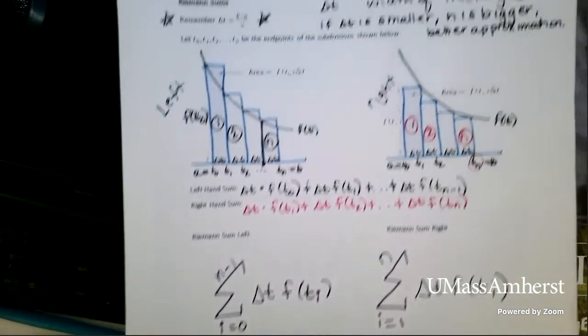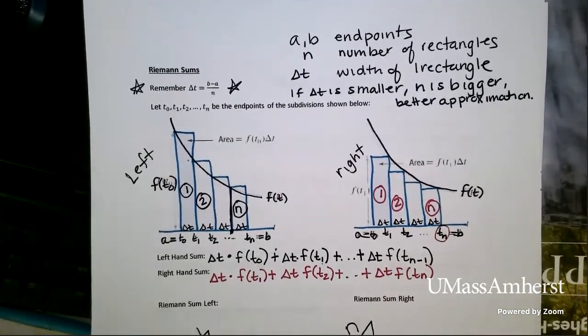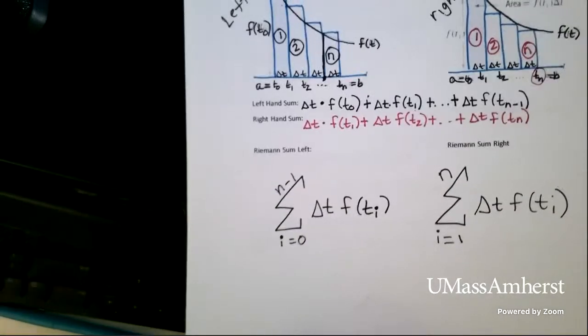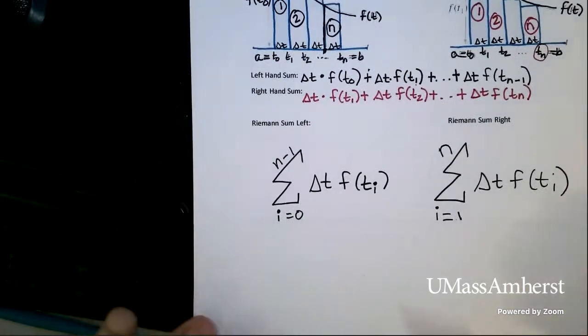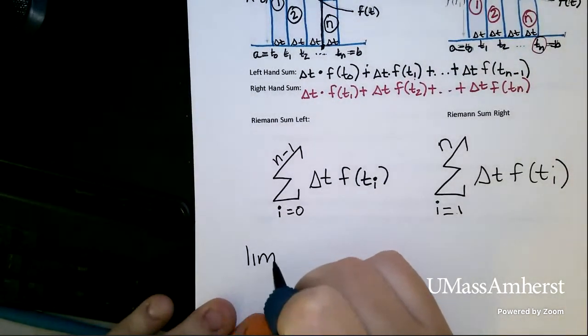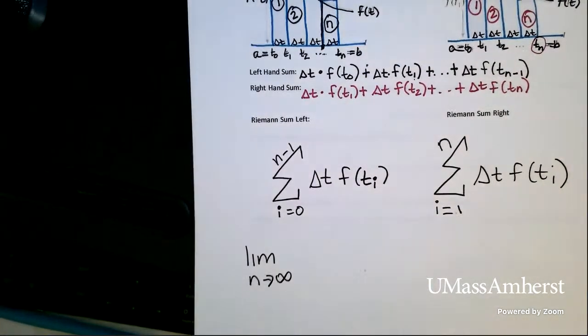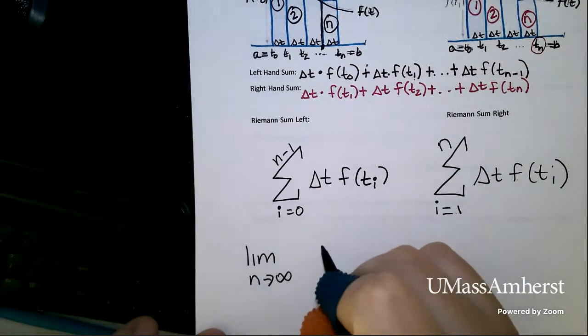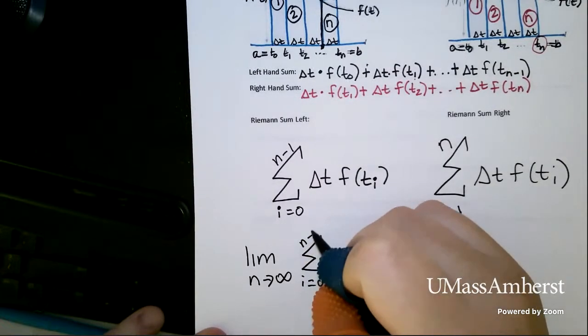Now, if n is bigger, it makes the approximation better. If we can put in more rectangles, then the endpoints where our total area has to live shorten, so we have a better approximation. So what we do is we tie in this idea back from chapter 2. If we let n get big enough, if we let n go to infinity, we're smashing in more and more rectangles. What will happen is that eventually the left-hand sum